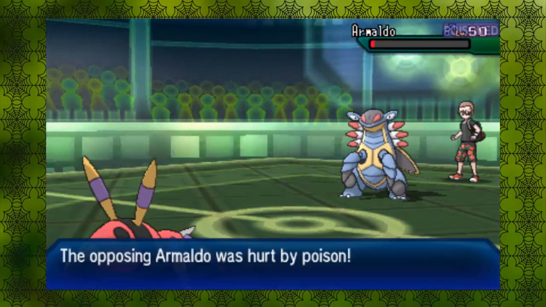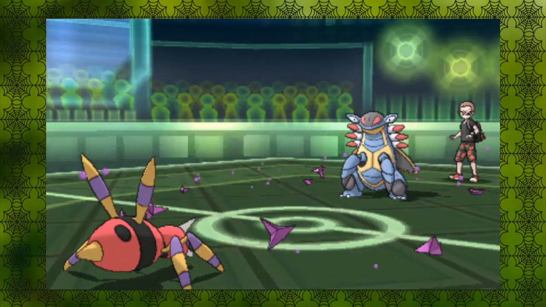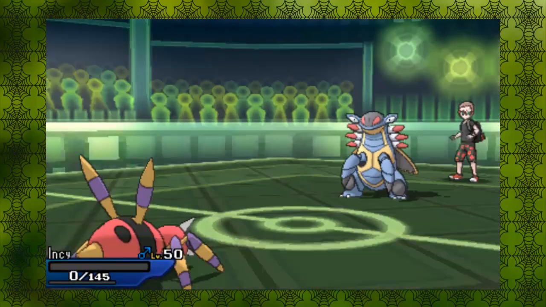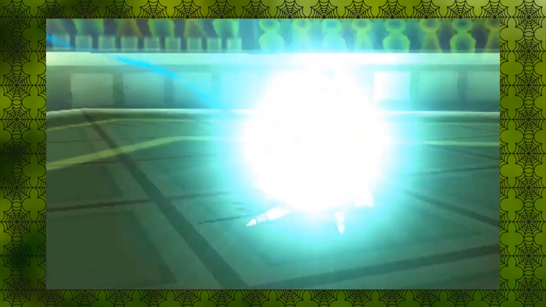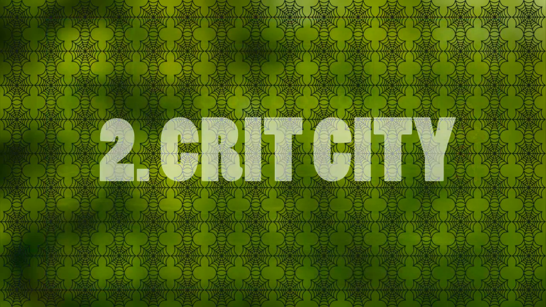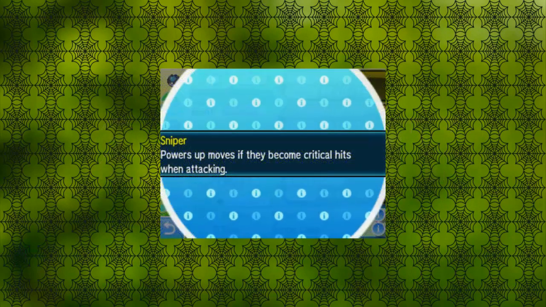But still, Toxic Thread is a useful move to add to Ariados' arsenal. More moves is only better. It is a buff, but it's not necessarily the most useful buff, but something to consider adding onto the Suicide Lead set. The next thing I'm going to talk about is Ariados' Sniper ability, specifically that it never used to